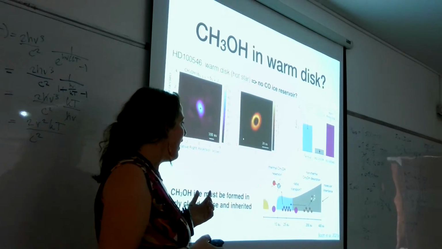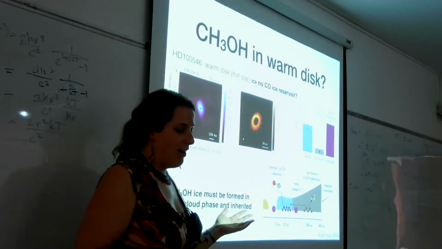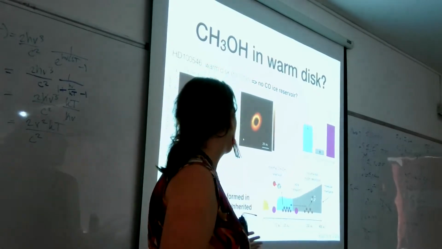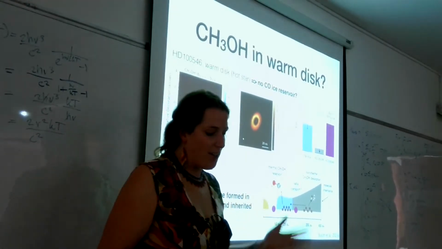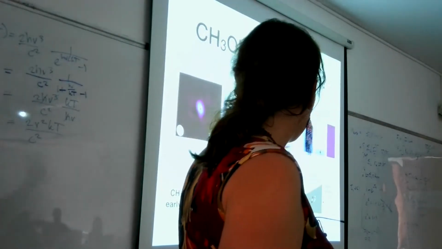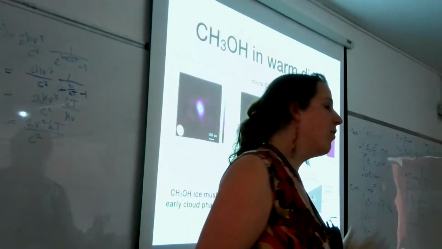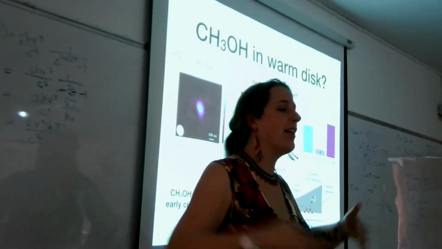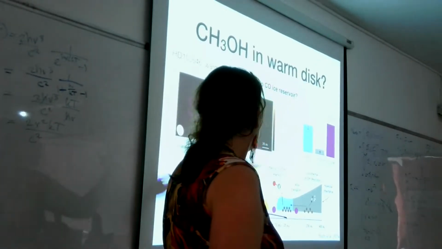So in that way you can have a warm disk, without CO ice, but with methanol ice. This kind of answered that question that I posed earlier on. Is the disk composition inherited, or is it essentially reset from the cloud and then chemistry down below? This is a clear